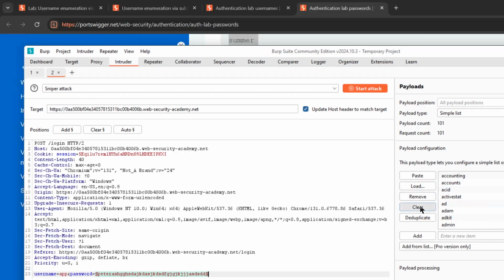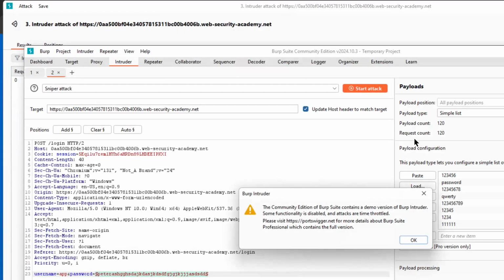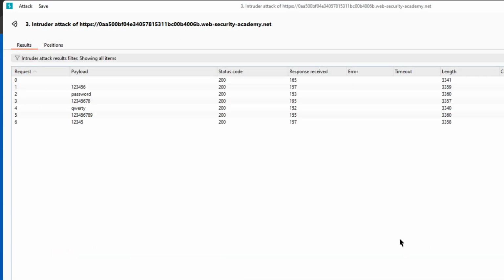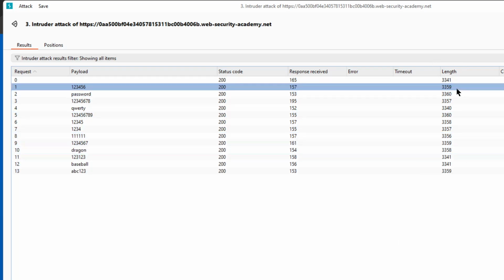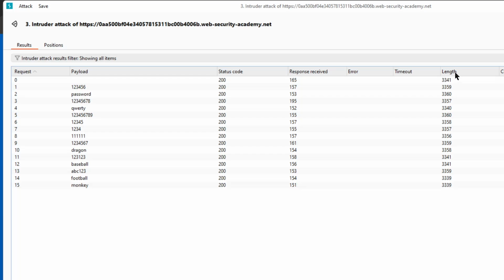Clear the old one and paste it, and once again it's the same. This time we're hoping to receive either... okay, so all of the lengths are different, so I can't really sort or figure out which response is valid based on that. But basically we have these things called status codes,